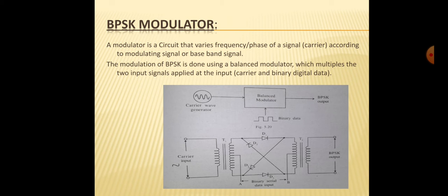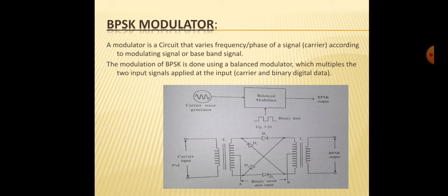Okay, so how is it working? Here two transformers are there, T1 and T2. The carrier wave is applied to the primary of the input transformer T1, and the binary signal is applied to the center tap of the secondary of T1 and the primary of the transformer T2. The binary signal provides a switching signal for the diodes. The output appears across the secondary of the transformer. So your T1 transformer is your input, T2 transformer is your output.